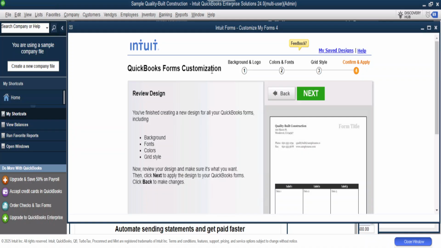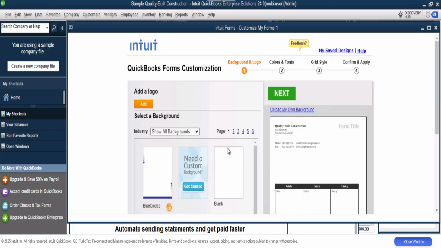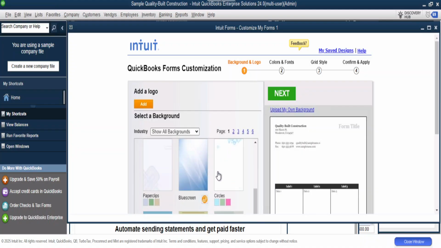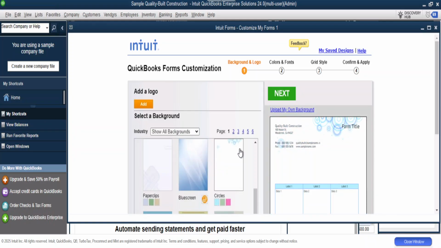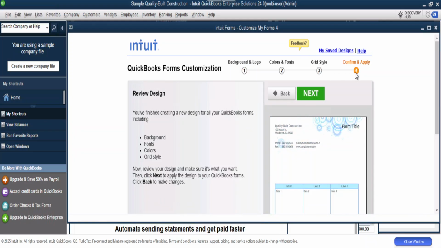Of course, there are other backgrounds you can choose. Again, you can just go back and make changes, right? Let's say you change your mind, you like this one. You can easily pick anything from here. You can pick these as well. These ones have different colors, for example. And then once you're happy with it, you come here, confirm and apply, click on next, and then you have